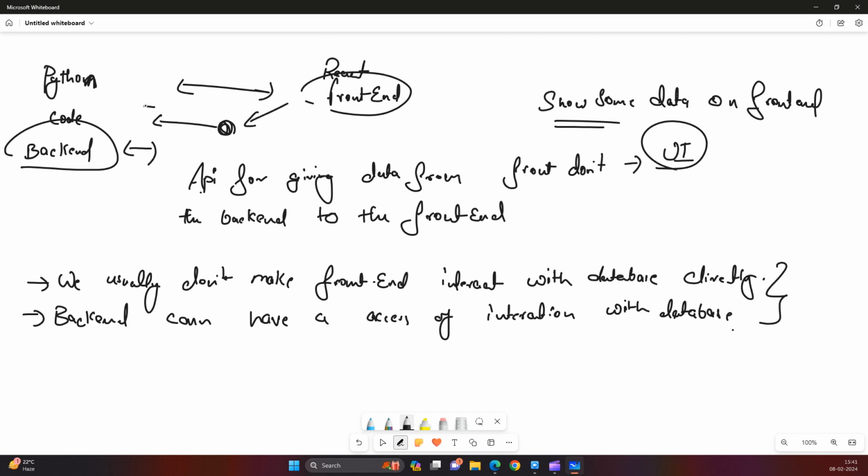Then the backend will process or give that data, and then the API will return this data to the front end. So this is how things are working, right? Now, I hope things are very clear. Okay, so